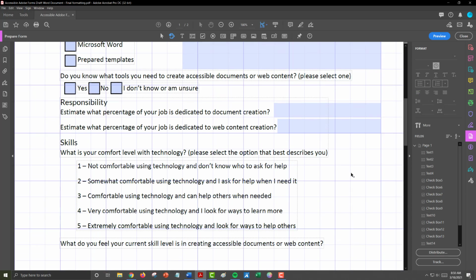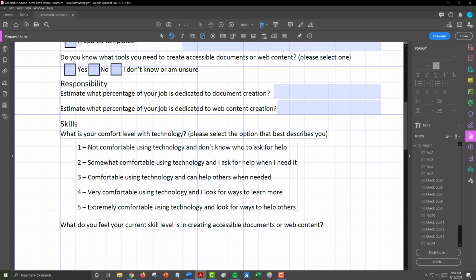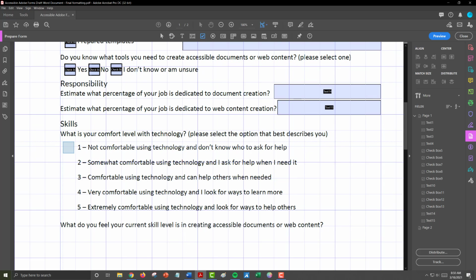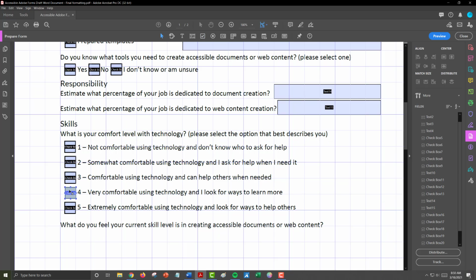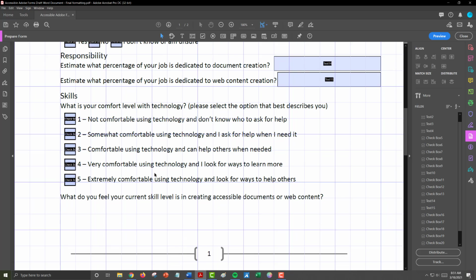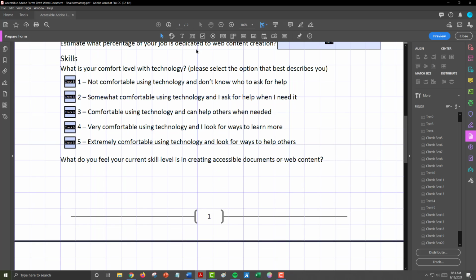Our skills section also has a checkbox. So we are going to add the same size checkbox for each of those 5 options. And you can select more than one checkbox by holding down your control key and selecting them with your mouse. Once you're satisfied with how those are, let's go on to our next question.